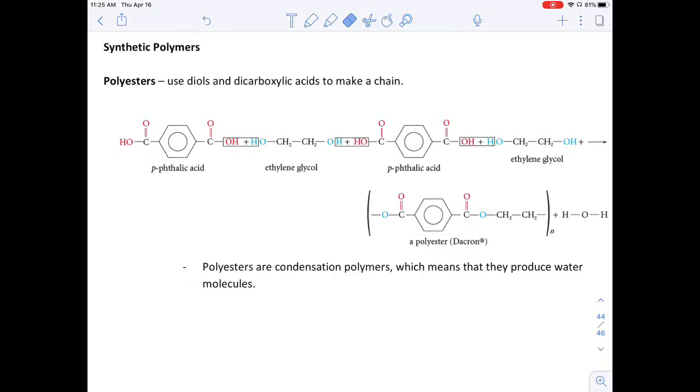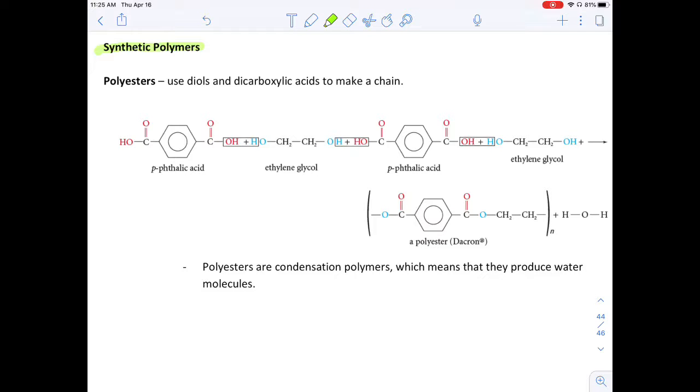In this video, we're going to look at synthetic polymers. Synthetic polymers are man-made polymers. The significant difference between natural and synthetic polymers is that natural polymers occur in nature and are created by plants and animals and those sorts of things. They're typically created using enzymes, adding pieces together. But synthetic polymers are mostly manufactured in various ways, typically in an